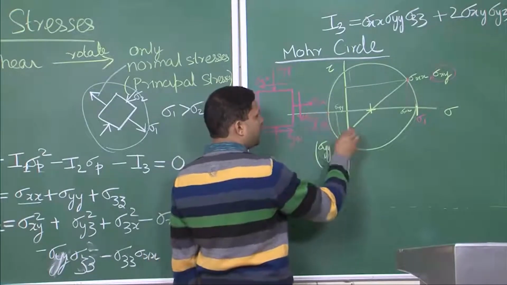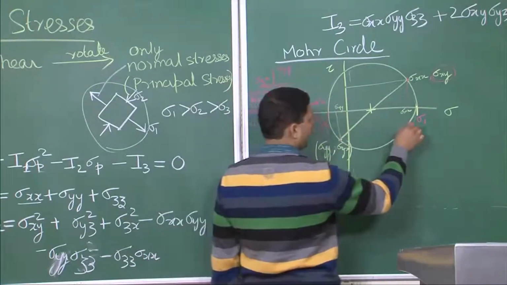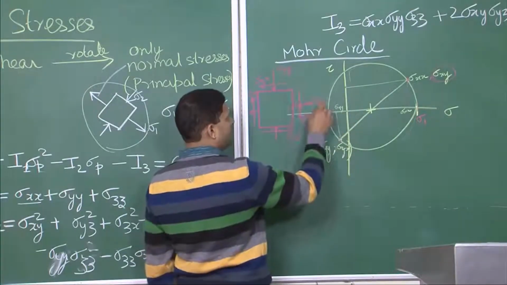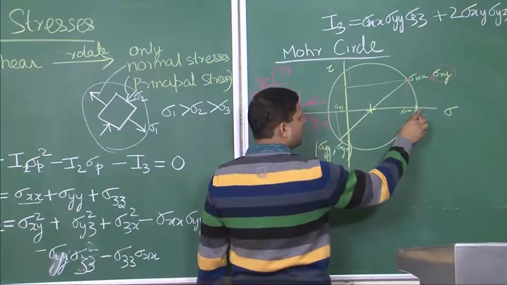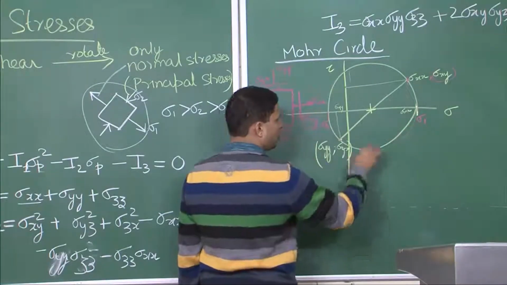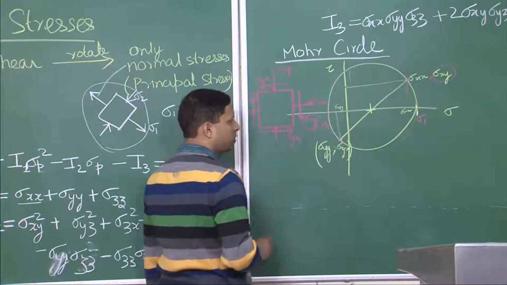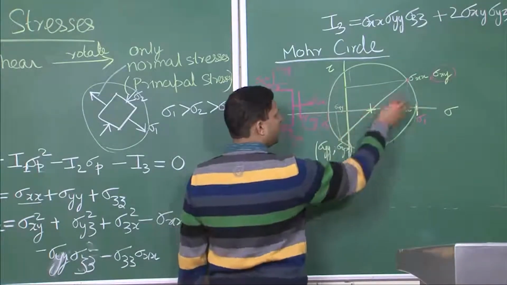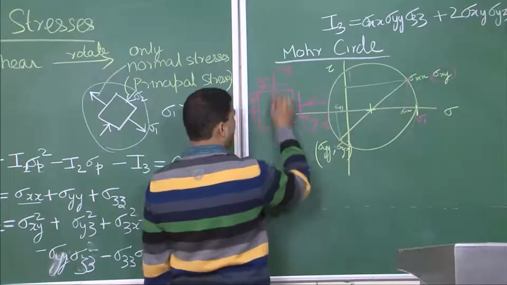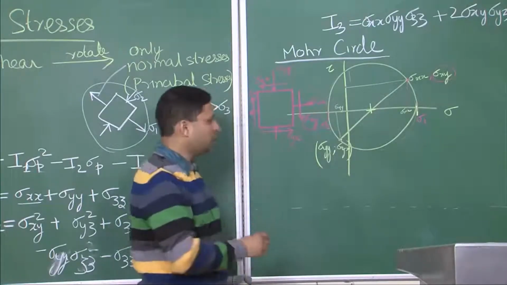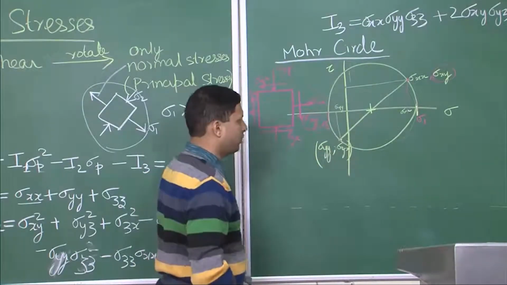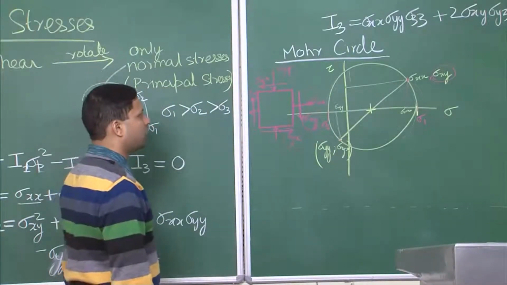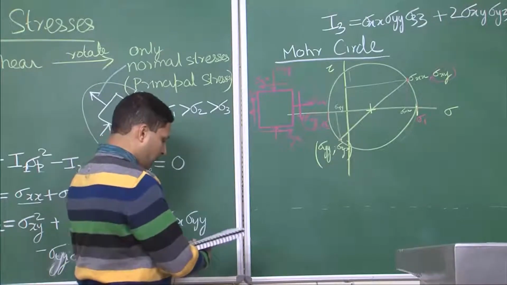For the tensile and compressive or the normal stresses, when we are talking about tensile stresses, it is positive. So, sigma 1, as you can see in this particular case, comes out to be positive, and sigma 2 in this case comes out to be negative. Similarly, sigma xx, which is tensile, is plotted as a positive value, and sigma yy, which is compression, is plotted as a negative value over here. So, these are some of the things that you should understand that go along with the Mohr circle,